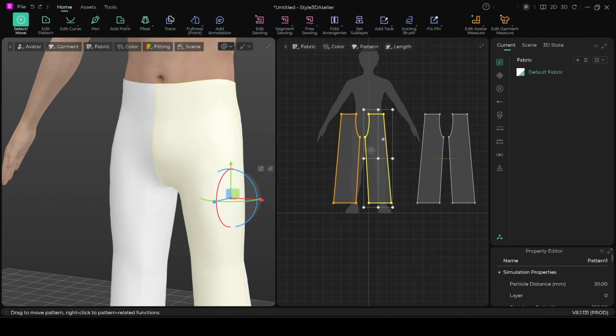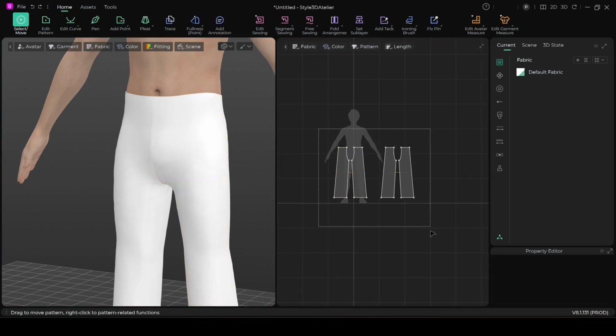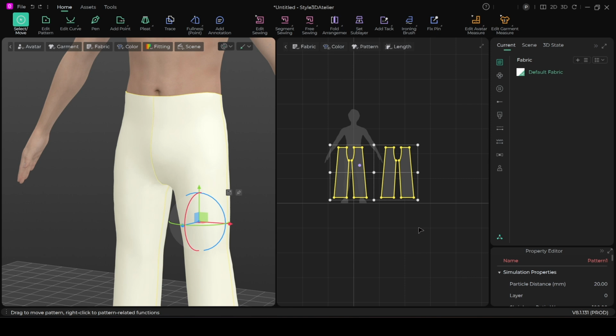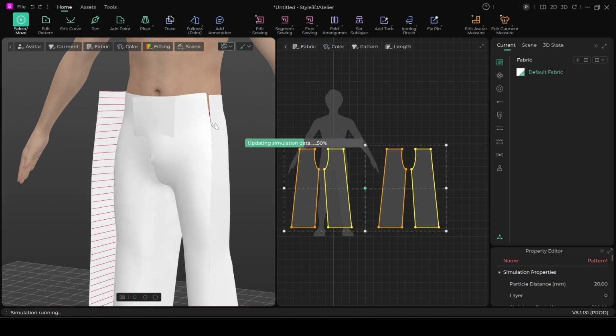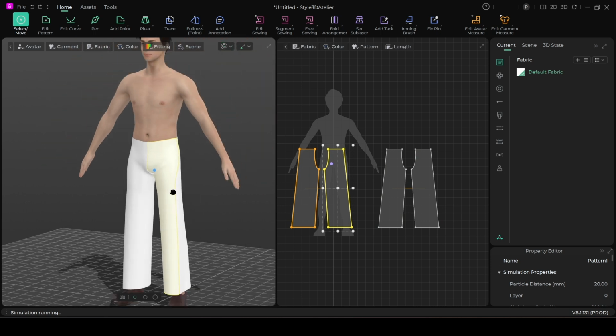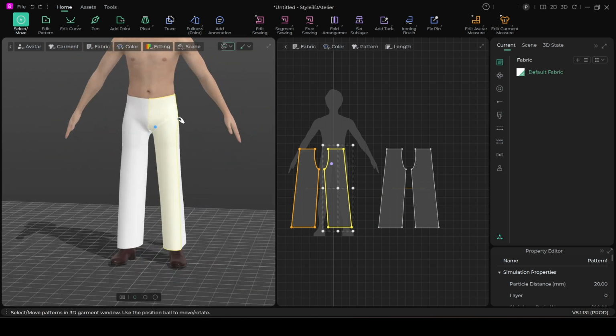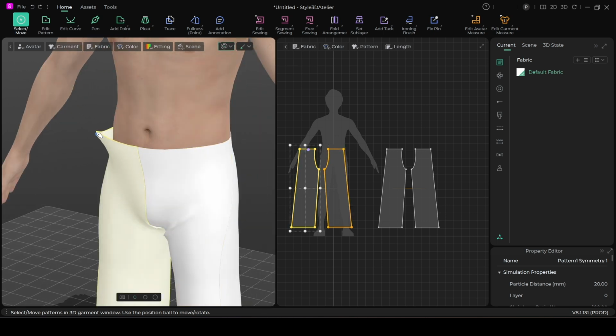So we can do Control Z to quickly put it back, and here you can now fine tune and do some adjustments. Here I'm going to make both pattern pieces wider. So I'm going to double click in the middle and make it wider. Let's see if it's too much. Maybe not. And if you want to make the pants a little more flared at the bottom, you can, with the edit pattern tool, select